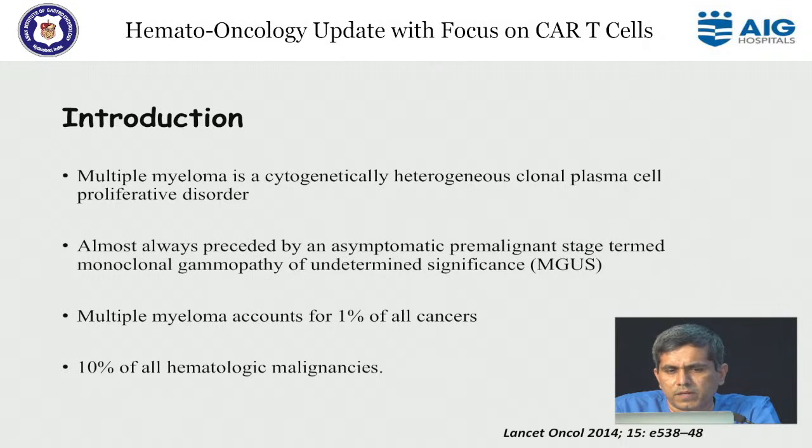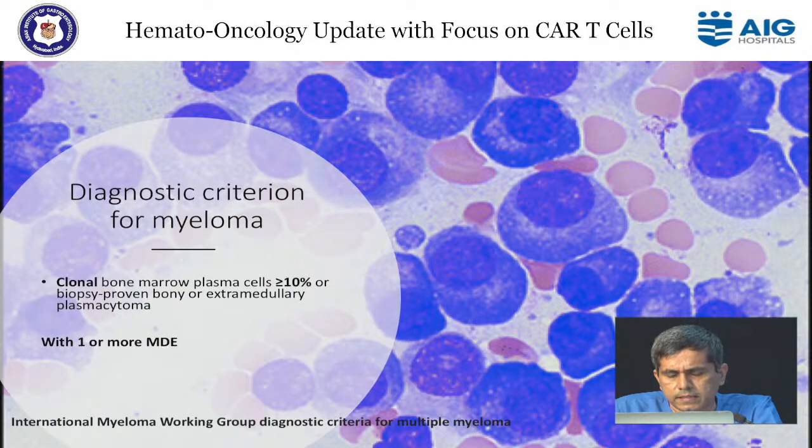As all of us know, multiple myeloma is a cytogenetically very heterogeneous clonal plasma cell proliferative disorder. It commonly happens in patients older than 60 years of age; more than 90% are elder than 60. Myeloma, most of the time, progresses from monoclonal gammopathy of unknown significance. It accounts for 1% of all malignancies, and it's the second most common malignancy amongst the hematological malignancies. So there is a particular diagnostic criteria to